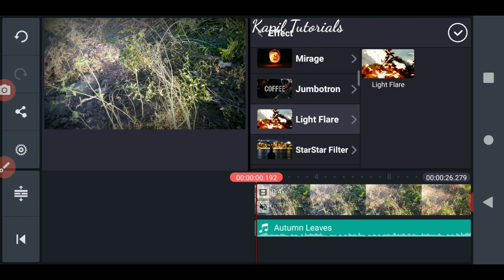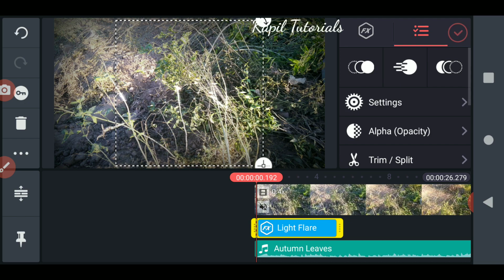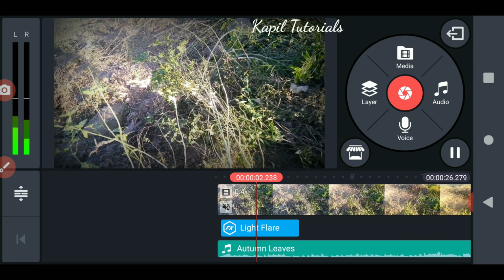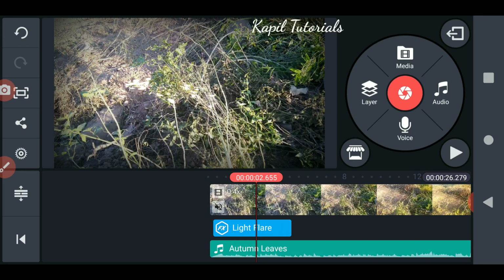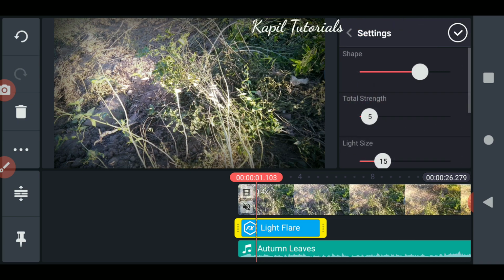Light flare. Let's see how it looks. In between it is giving the light. Although we can't see it properly, we'll see.